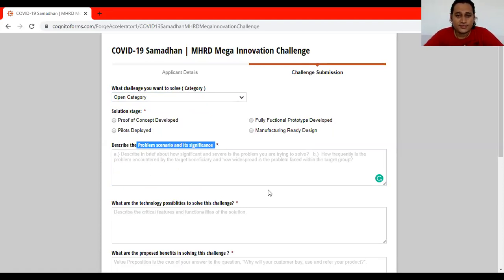You need to submit here what exactly you are trying to solve. That means what problem you are considering and what solution you are providing for that problem. And also you need to mention who are the target beneficiaries for your solution. For example, already affected people, or the business people, or who are in isolation, or like this, who are the most target beneficiaries, and what are the problems they face, and how effectively your solution is providing solution for the problem statement. You need to mention it here.